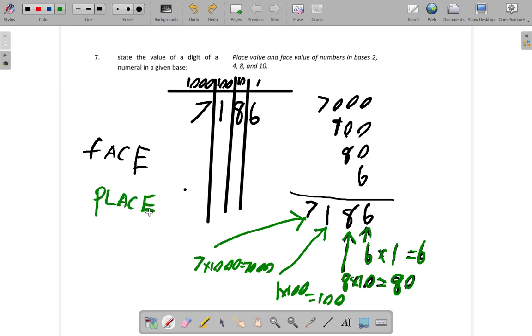so basically face value is just the number itself, the value of the digit itself, but the place value is the value of the digit, and you multiply that by the value of where it is in these columns. So it's 6 ones, this is 8 tens, which you call 80, this is 100, this is 7,000 place value. Alright,